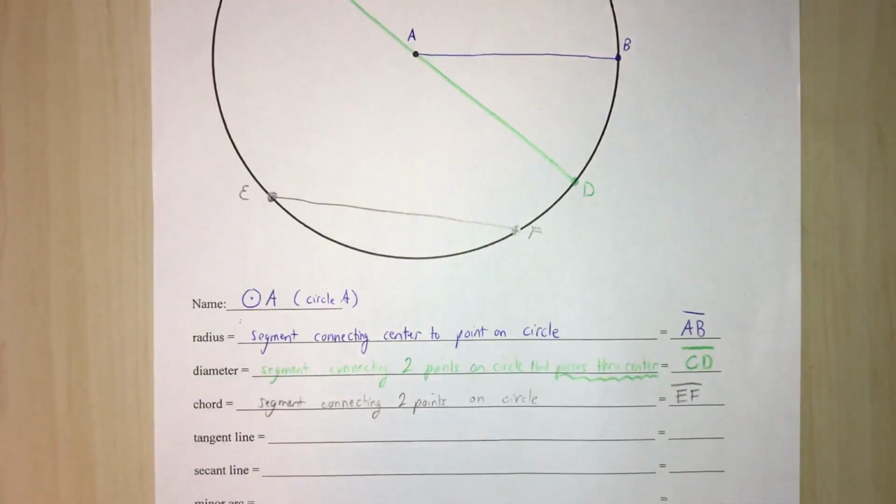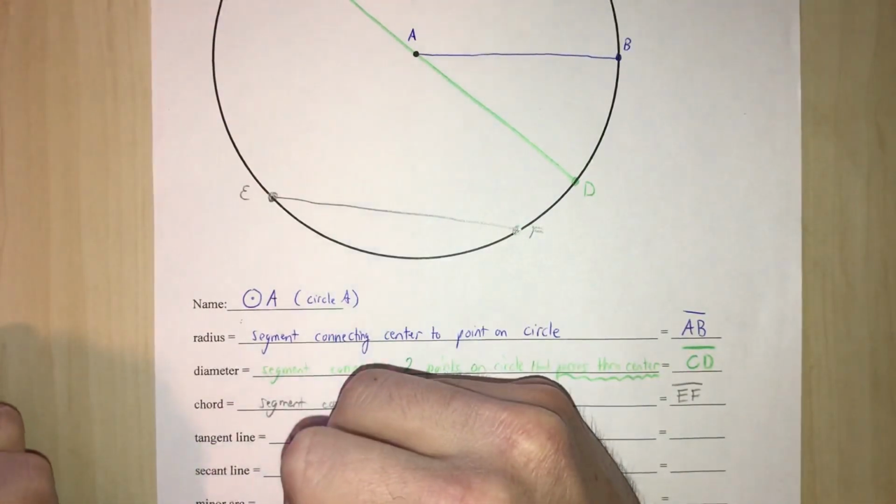Okay, so next up is going to be a tangent line. So I'm going to write this in blue, but we're going to make it pink. Okay, a tangent line is a